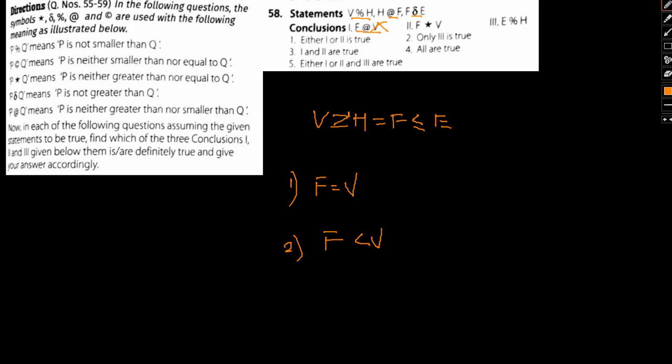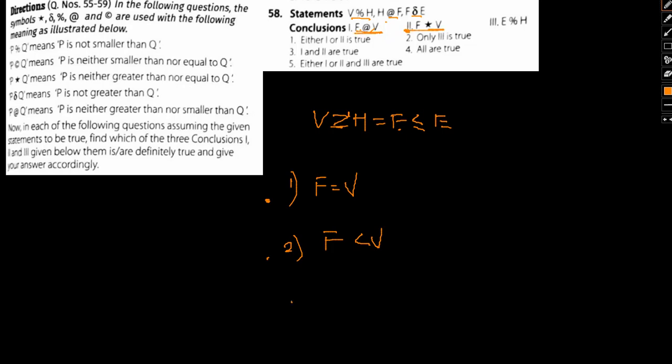Just give me a second. V is greater than f. Okay, either 1 is true or either 2 is true. Either v can be equal to f or v can be greater than f, if you can see, because there's this particular sign here, so we definitely cannot be saying. So either 1 is correct or either 2 is correct. So we cannot outright deny this. So either statement 1 or either statement 2, one of them is correct.